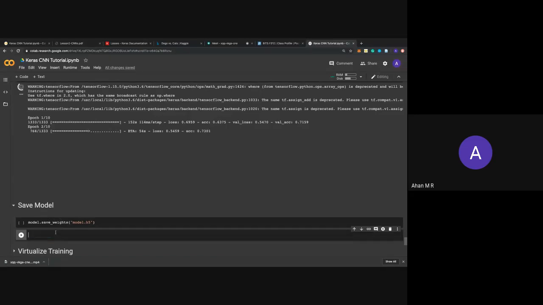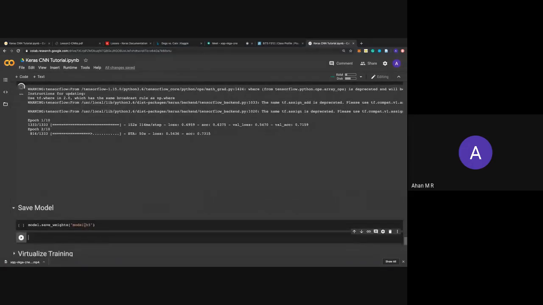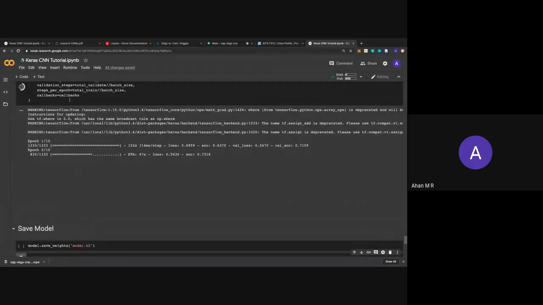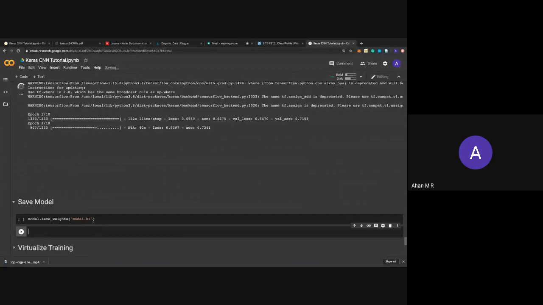So this will basically help you. When you load the weights which are saved already, you don't have to perform this computation. The 10 epochs won't run. The weights will be taken from this particular h5 file, and the accuracy will be generated.